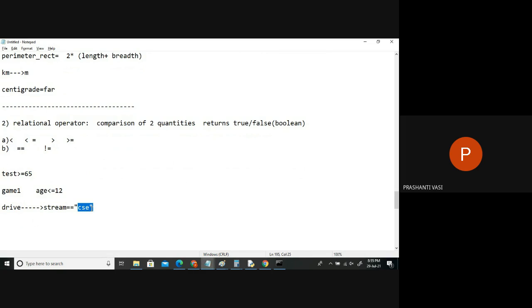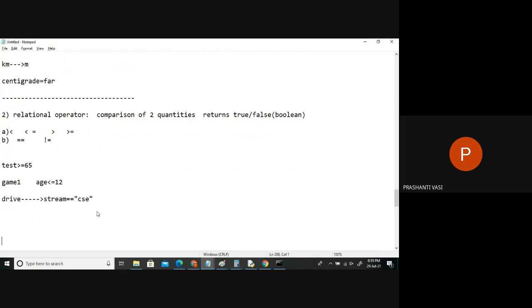So comparison is just like a weighing machine. Are they the same? Is the first one less or is the first one more? So we can either go for less or more comparison, or we can go for equality or non-equality comparison. In real time, we will see this concept in many places. For this, I'll be sending the assignment sheets in which different real-time scenarios are already given. You can start coding for that.